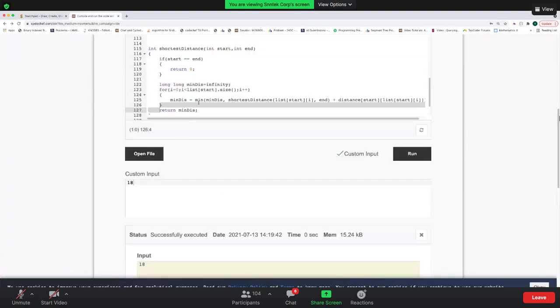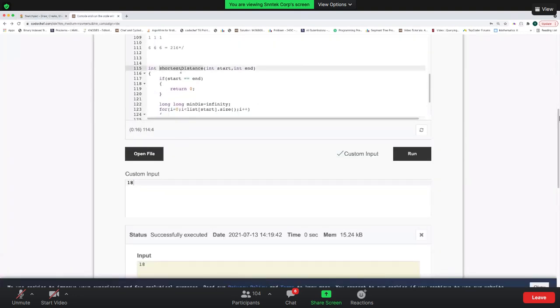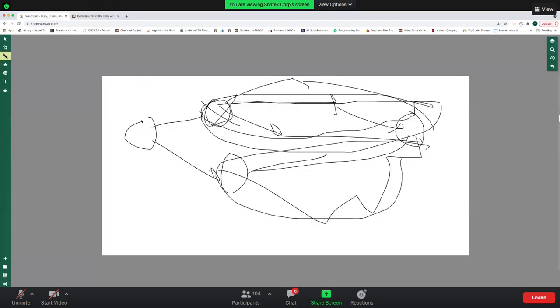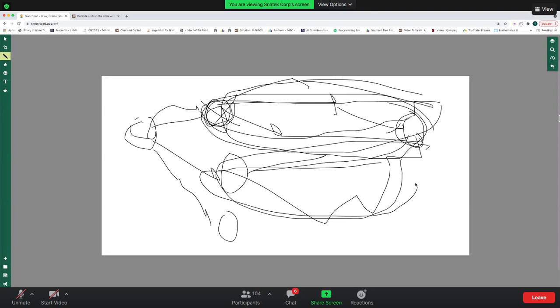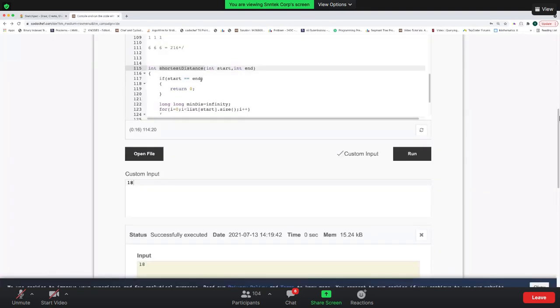I defined my shortest distance code to be that it will give me the shortest distance between the start and the end position. I have to rely on the shortest distance method. So what I did was I found all the positions to which I can go from the start position. I go to that position and I find the minimum distance from that particular position to end. In this way, I have shortened down my problem statement. And the base condition can be: if I've already reached the end, then I know the distance is 0, right? So this is my base condition.